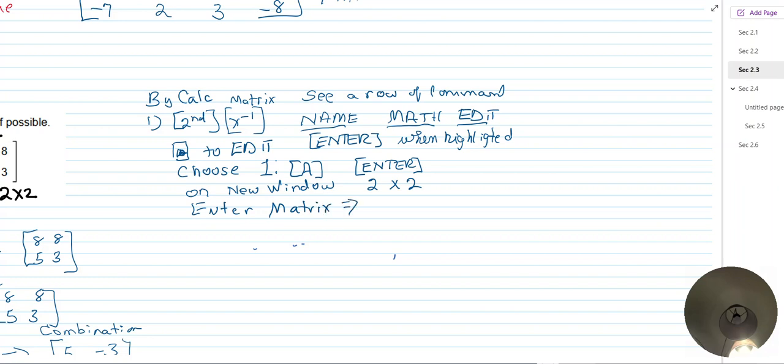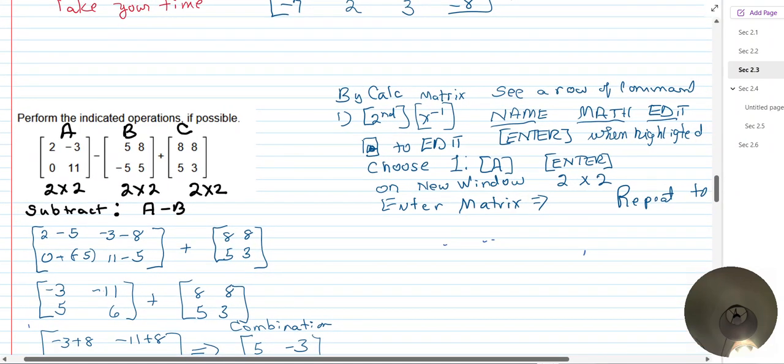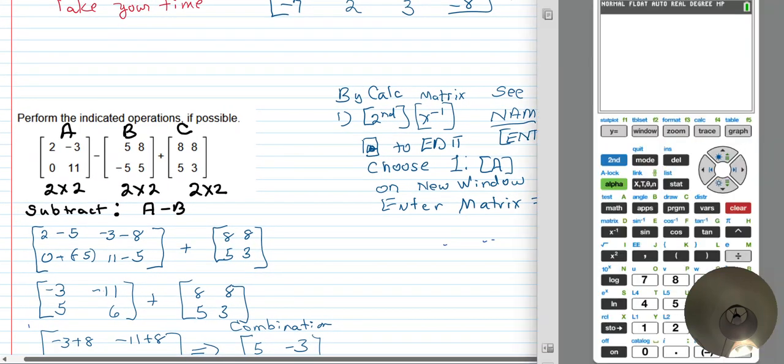We're going to repeat to enter 2 for matrix B and 3 for matrix C. So let's do that first. All right. So there we go. I'm going to pull up my calculator